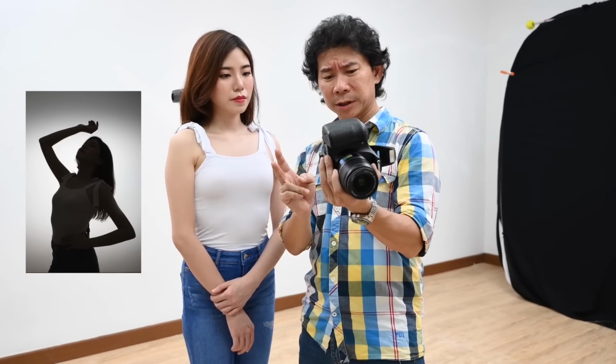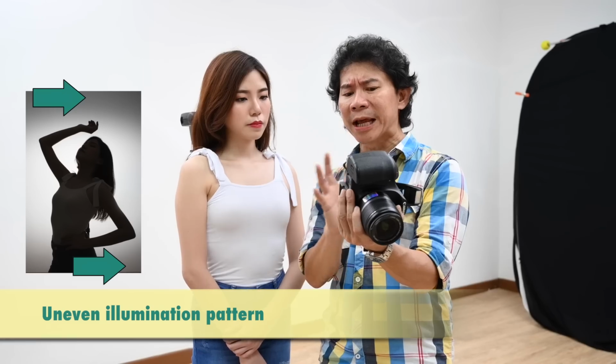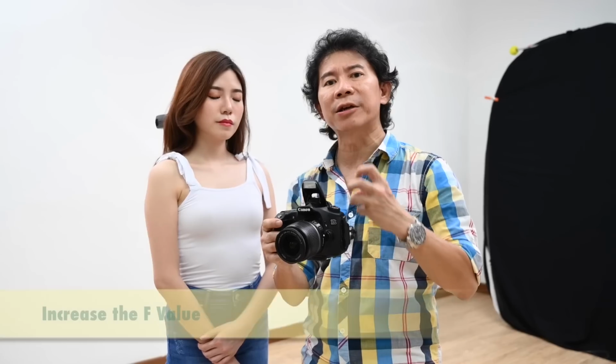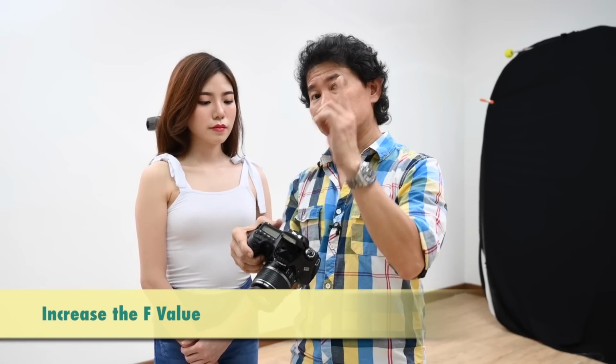Number two, you notice that at the top part of the photo and the bottom part of the photo, the illumination pattern is not covering the whole wall. Right, so if you have this problem, very simple. All you need to do is just increase the F value and then make sure that you do this important